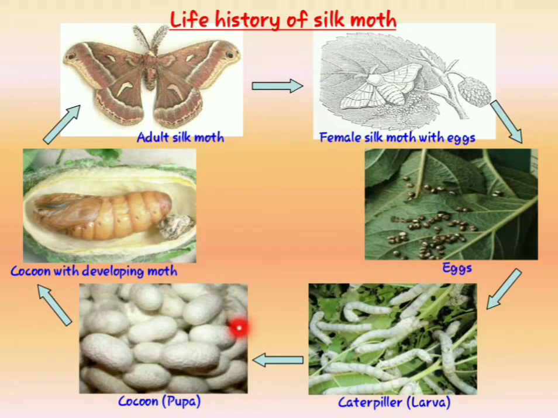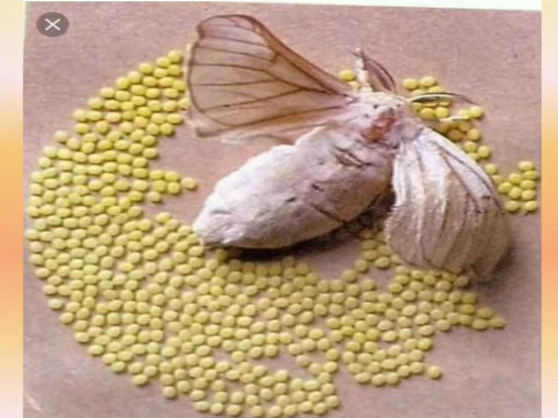Okay, let me show you some pictures. See here, this is the silk moth. See the body, it is so fat compared to our butterfly, isn't it? Because of continuous rearing, it has lost the capacity to fly also. So it doesn't fly. These are the eggs. So many eggs it will lay, hundreds of eggs.